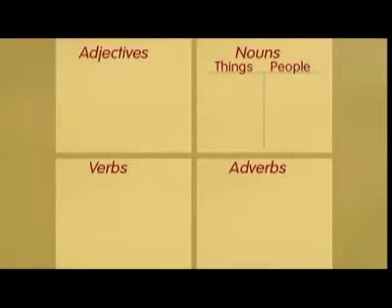In English, many words can change to have different uses. In this way, they form word groups. Learning word groups is an excellent way to build your vocabulary. You should write them down in a table like this, showing adjectives, nouns, verbs, and adverbs. Of course, there are often at least two different sorts of nouns for things and nouns for people. Let's have a look at the crime word group.